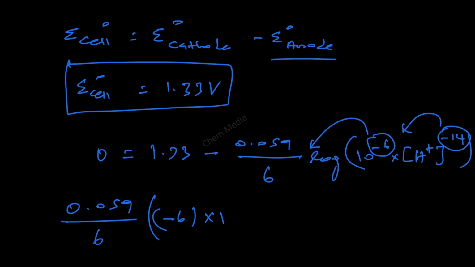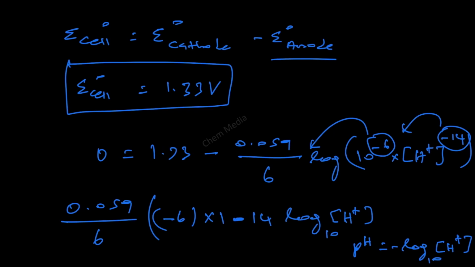So, therefore, minus 14 times log H plus ion concentration. And we know that pH is equal to negative logarithm of H plus ion concentration. So, let us substitute that here, and this is equal to